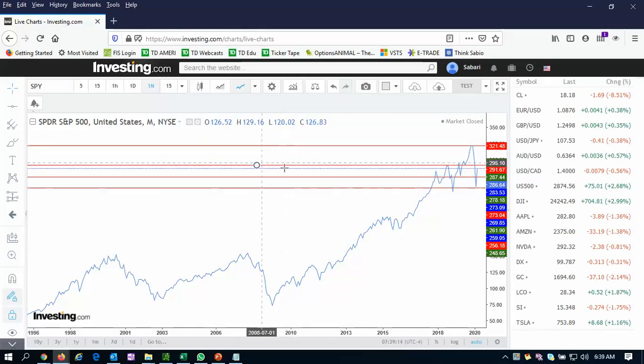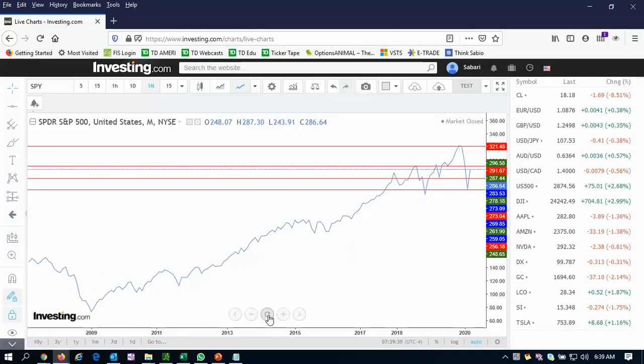And draw support and resistance in one single screen. The price pattern available on one single screen is enough to draw support and resistance. So just click this reset button and draw support and resistance for one single screen.